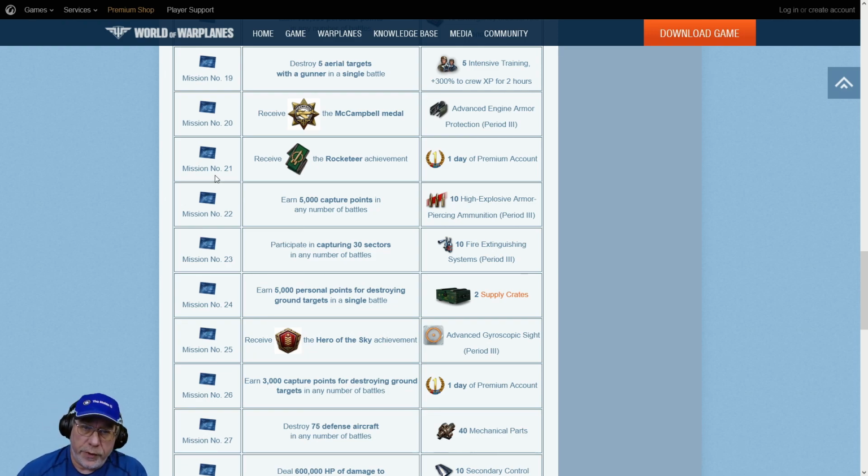Mission number 21, receive the Rocketeer achievement. So basically you've got to destroy an aircraft with your rockets. This is going to be painful if you don't have any of the aircraft that have air-to-air rockets. You may not be aware that some of the aircraft have air-to-air rockets because they're all high tier. They are specifically the Tier 8, the Tier 9 and the Tier 10